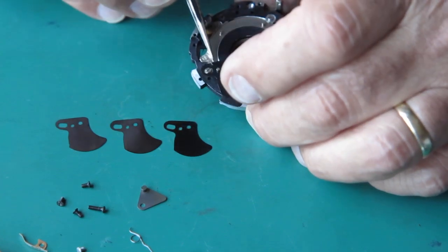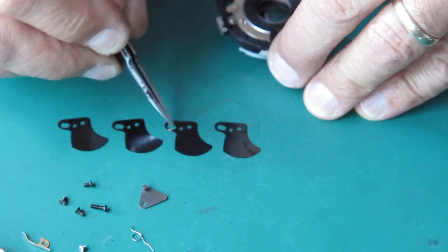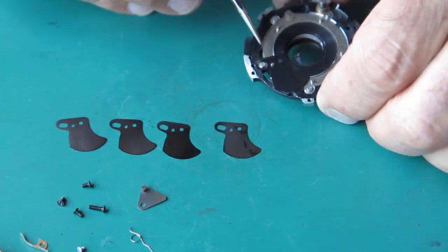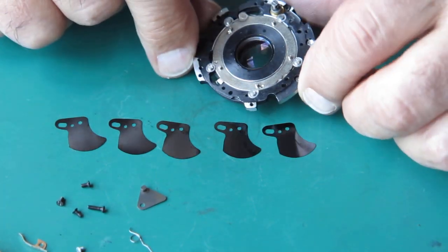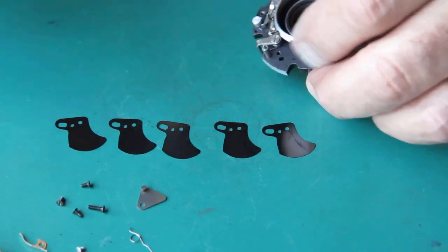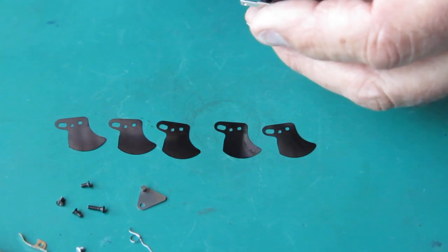Sometimes with shutters you'll find that you get an odd shaped blade. Typically it's because there's something passing through the shutter that needs a bit of extra clearance at one point, like a connection for a rangefinder or something like that. That's okay. I'll just cock this shutter